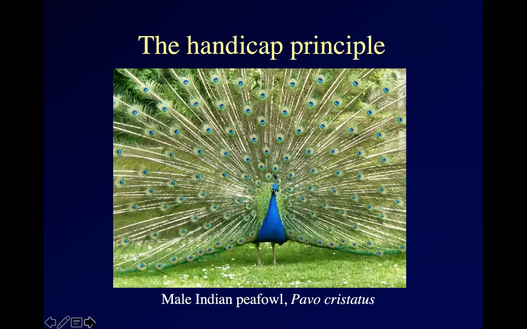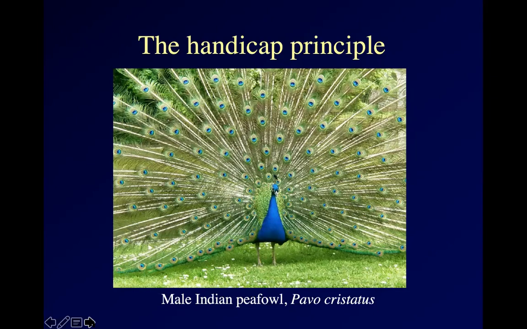An Israeli biologist named Amos Zahavi proposed a kind of extension of this and suggested that the reason why some traits are sexually selected for is actually the same as the reason why they are hindrances to survival. Zahavi came to his conclusion working on little Middle Eastern songbirds called Arabian babblers, but it may work with other species as well. Here's a peacock with that enormous tail.